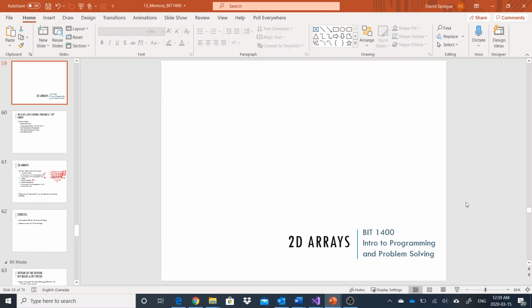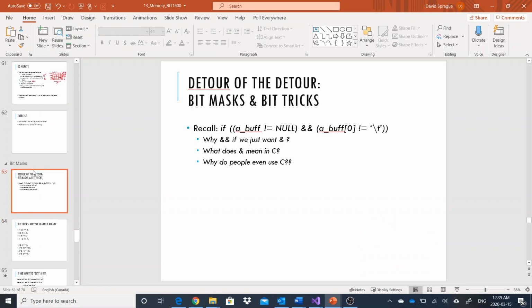Hi everyone. So we're going to look at one last thing before we move on to bigger and better things, and that is bit masks. So I wanted to show you quickly how bit masks might work and why we actually had to look